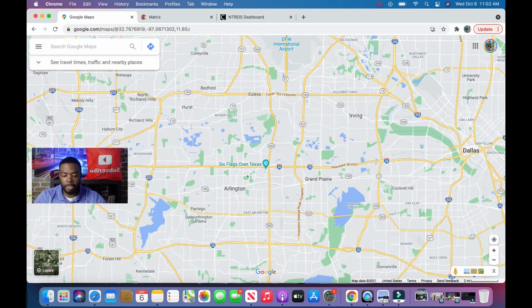You have the Cowboy Stadium, Six Flags Over Texas, Hurricane Harbor. All the neat things in Arlington are pretty much off of I-30. You can definitely see it when you're on 360, and you can definitely see it when you're on I-30. Now, I-20 also has its benefits, but it's not going to be in Arlington. Although I-20 does go through Arlington,